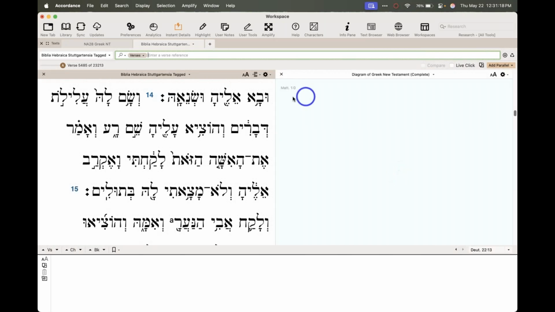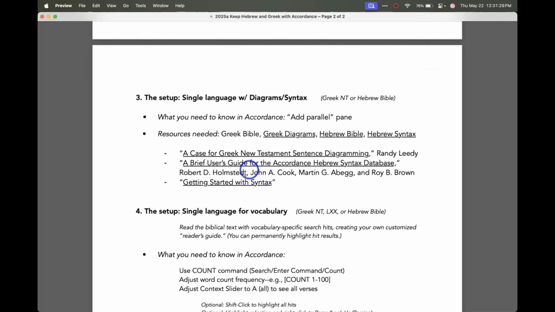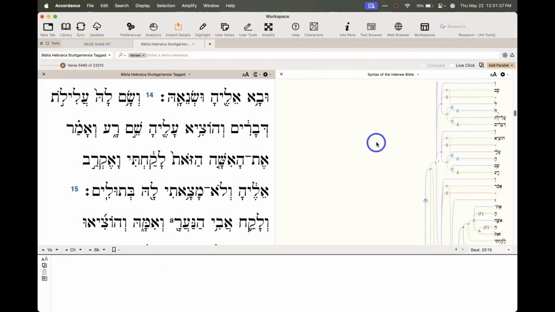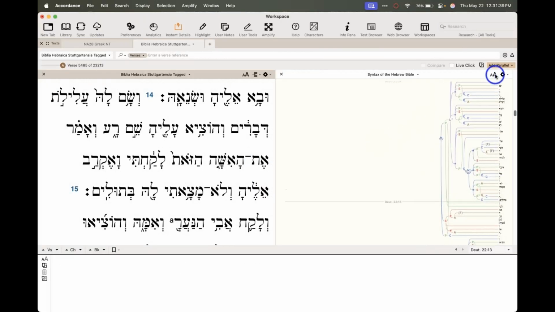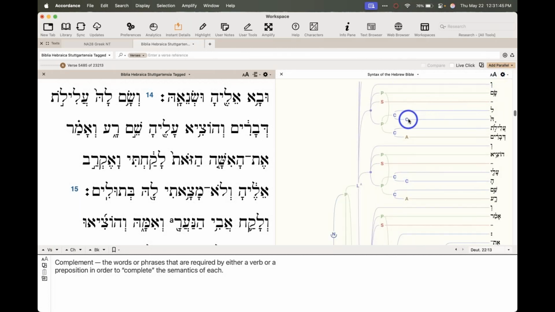diagram, I mean, nothing will open there because we're not in the Greek text. We'll go to syntax, and there are two different syntax tools. Again, I've hyperlinked to these. This exceeds the scope of what we'll do today, but you can read more about the syntax database. But this is structured pretty differently. And you've got terminology to learn, things like complement. You've got some familiar stuff like subject and predicate, but then you've got complement and adjunct and independent clause and adjunct clause, and